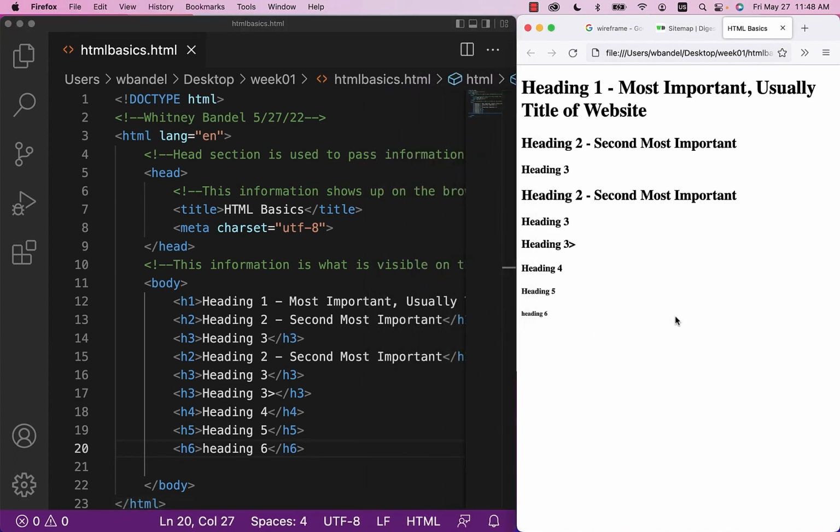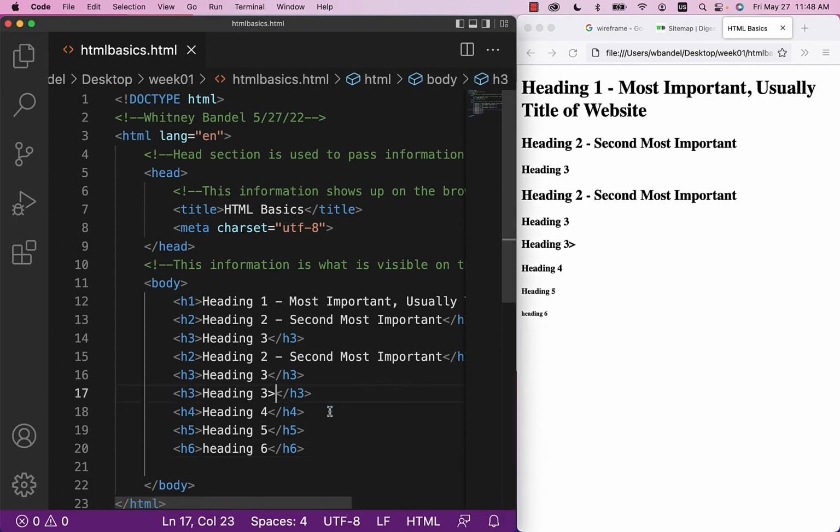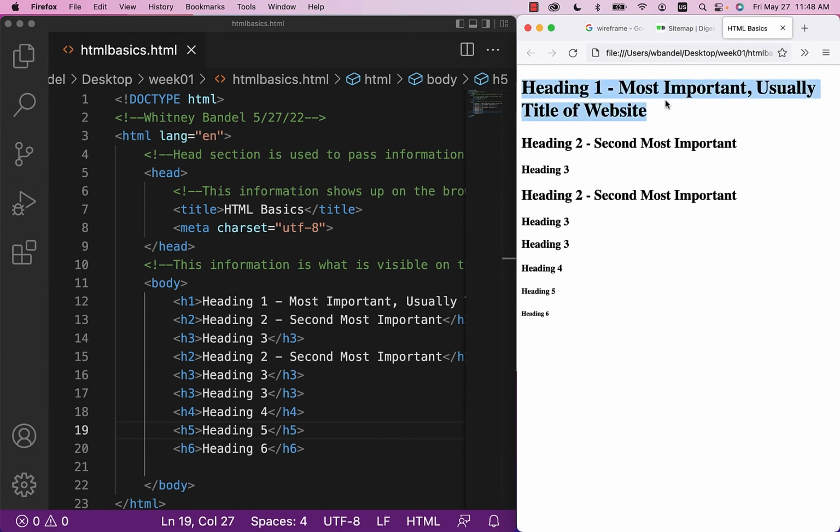So by default, the browser is making it so these headings are bold, and then they get kind of smaller and smaller as they go along. It looks like I've got a couple typos, and I can just save that and refresh. So you can see where we've got our heading 1, that's essentially our title, and then any subpoints that we might have is going to go in our heading 2, and then we have heading 3 to help organize our